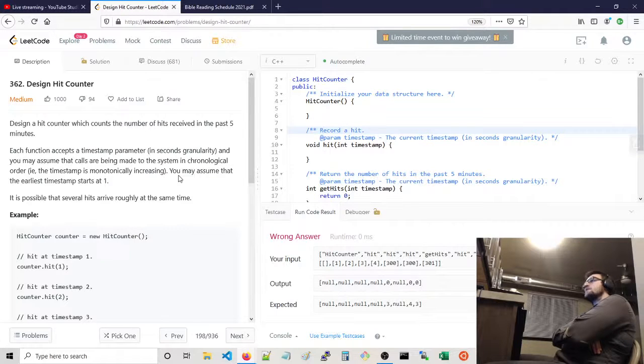The calls would be made in chronological order, meaning you won't have hits for 10,000 and then hits at 200. So you can basically have an array that you loop through. So when you want the total, you can